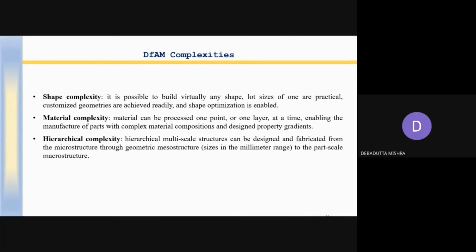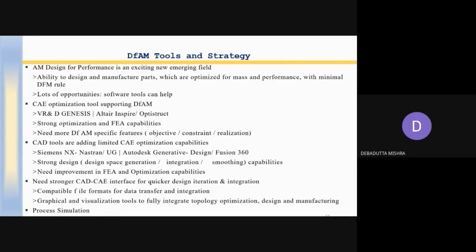However, the most complexity is put by the first two, that is the shape complexity and material complexity, and our discussion will be based on these two types of complexity, and how to go about the design for them. In the DFM tools and strategy, what are the tools and what are the strategies?